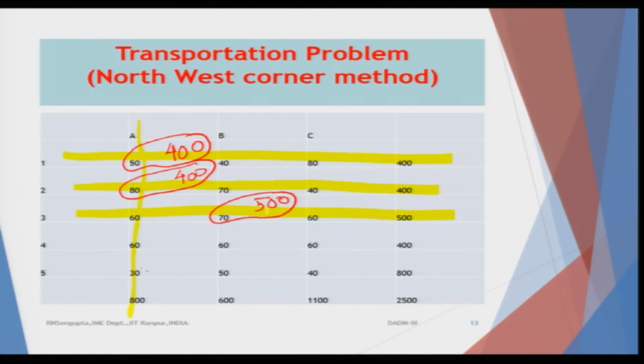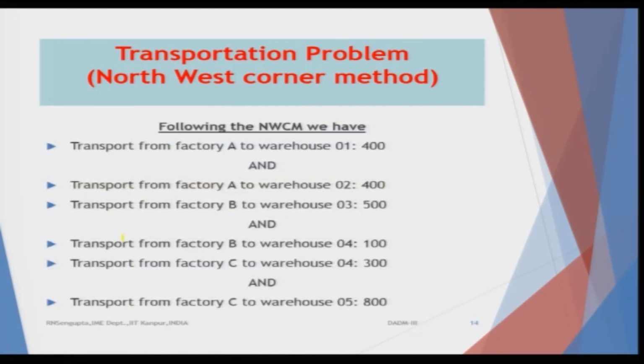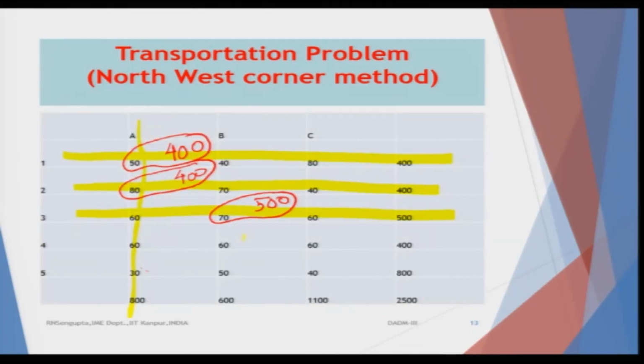Now, where would you go? Technically, if 100 is still left, you would have gone to 5, but as per the northwest corner method, we will go to the next one, which is 4. Let us see whether the logic is right. Here, transport from factory B the leftover amount, which is 100, to warehouse 4, which is the fourth destination, and that is exactly what I said. I will basically allocate 100 here. Total cost initially was 500 into 70, now the total cost is 100 into 60.